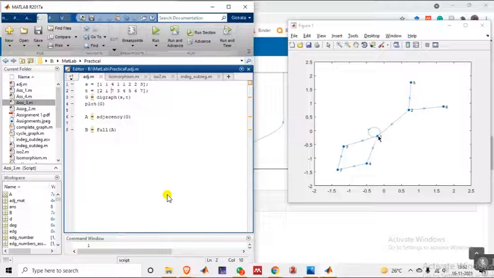Similarly, if there is an edge between, you can see there is an edge between 1 and 3. So in the first row, third column, 1, 3, you will be filling 1 there. As you can see, there is no edge between 1 and 5. So if there is no edge between 2 points, you will be filling 0 there. If there is an edge between any 2 vertices, you will be filling 1 in that adjacency matrix.